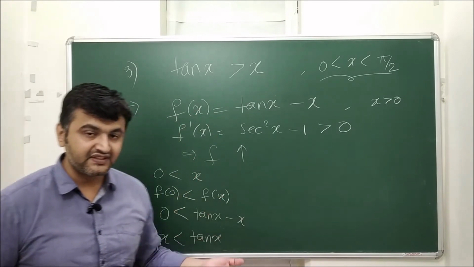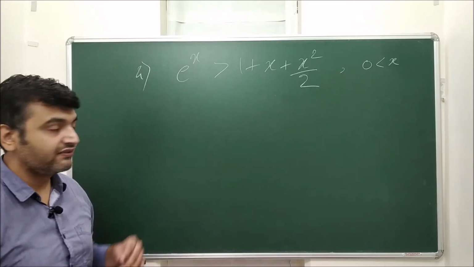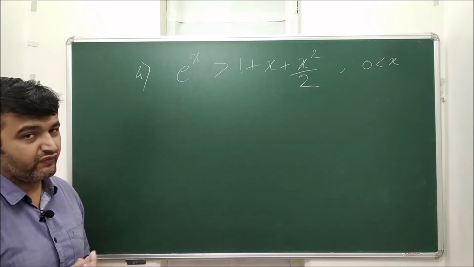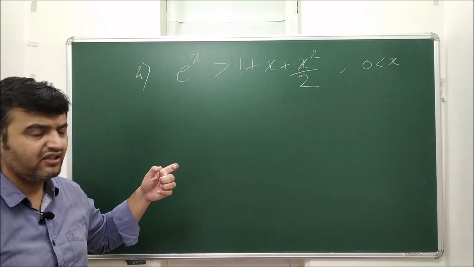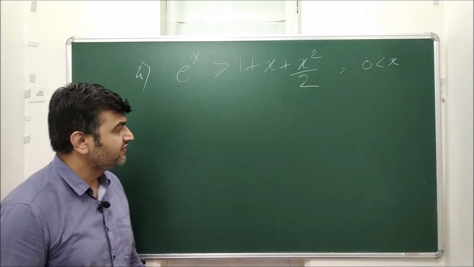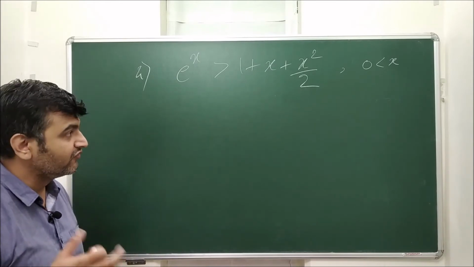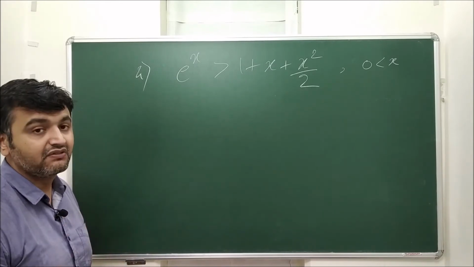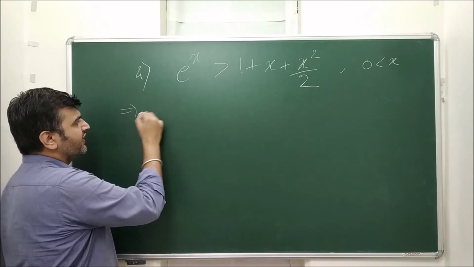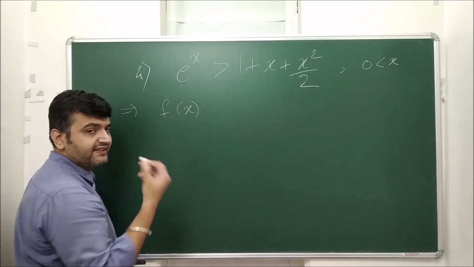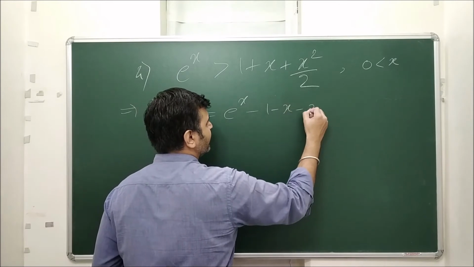Now let's go for the next function, where you have to go by this method. So here is the fourth inequality. Now I don't know what function I should choose. Initially I thought e raised to x upon x, something like that, but I couldn't get success. If you can guess a function and prove this, please comment your answer in the comment section. I'm eager to see what function and interval I should choose to get this inequality. But since I don't know, I will take the help of the increasing decreasing technique. So what is f of x? It is e raised to x minus 1 minus x square by 2.